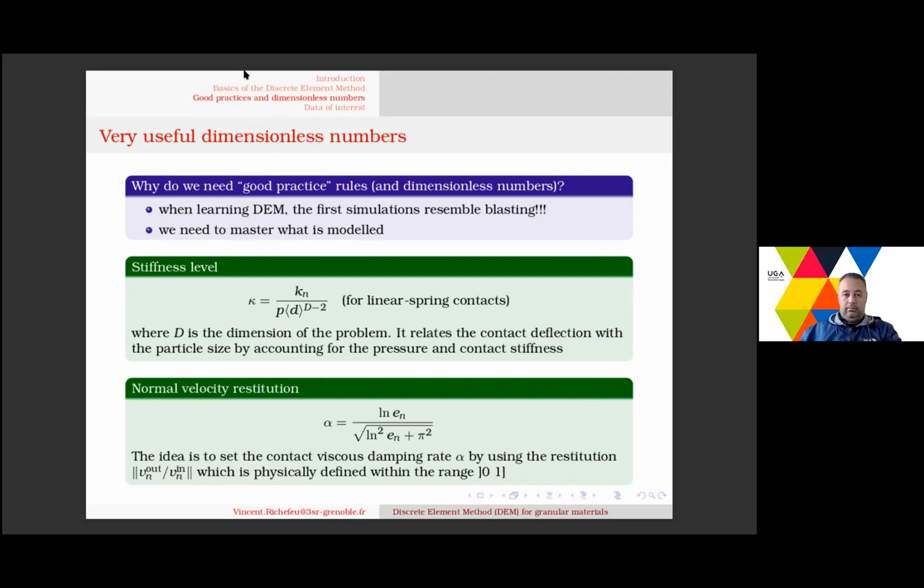I'm pretty sure that Jean-Noël told you things about this stiffness level, kappa. So here is a definition of the stiffness level of the particles. Why don't we use only Kn? Because physically, we want the deflection of the particles to be small compared to the particle size. Okay, so if the pressure we apply on the sample is high,